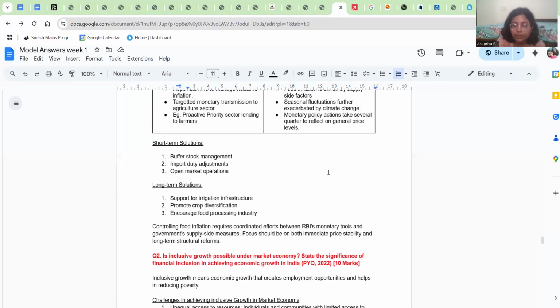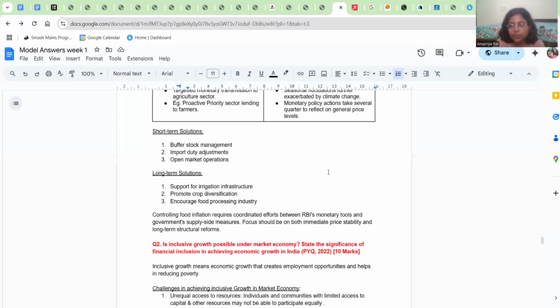So we can break while and because such questions, there is the thing asked how monetary policy committee has been effective, not effective, to try to give solutions. Maybe you can divide it in short term, long term, or because it is 10 marker, you do not have that much of bandwidth to explore and not the page as well. So you can just write 3, combine it, or 2, combine it, and as way forward, and then conclude the